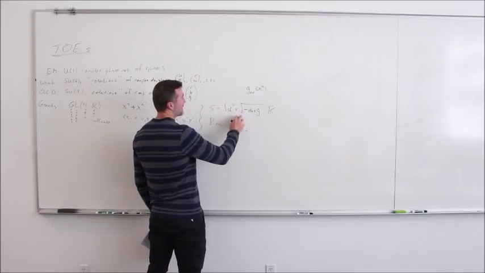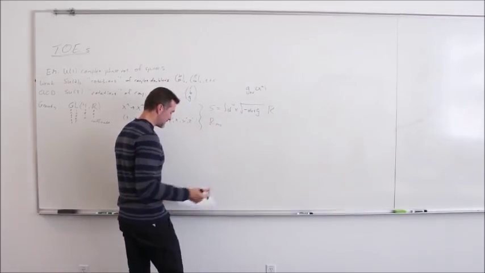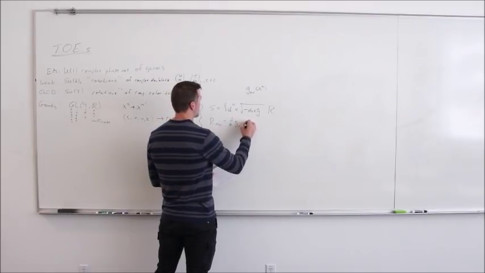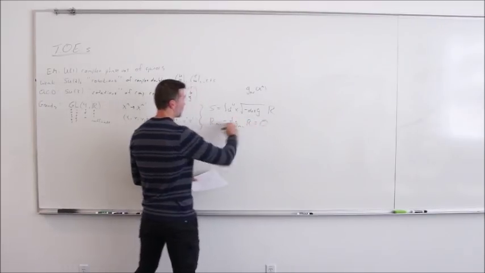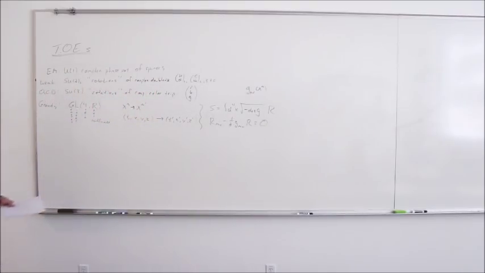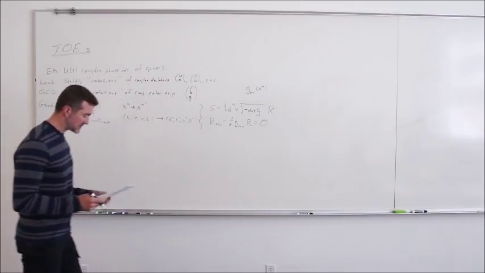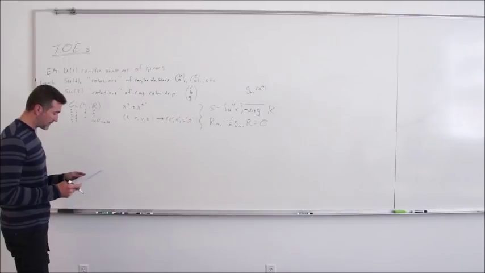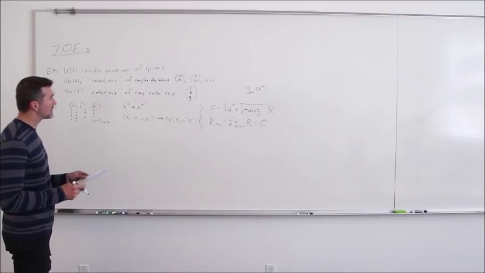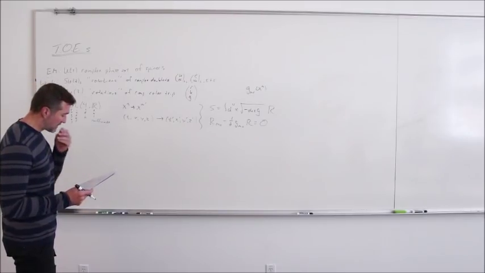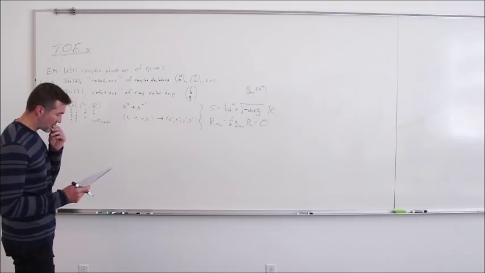so if I vary this action with respect to the metric and set the variation to 0, as we always do for classical equations of motion, I get an equation that looks something like this. And this is, of course, Einstein's equation in 4 dimensions without a source term. So this is the Einstein-Hilbert action, and this is Einstein's equations, which of course secretly represent a lot of things. Yeah, 16 equations.